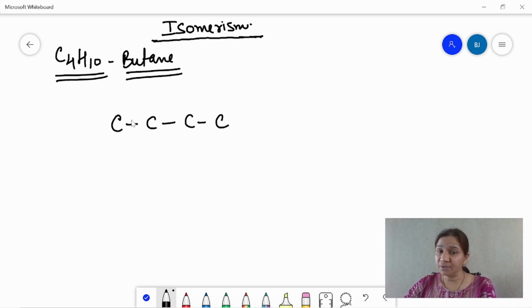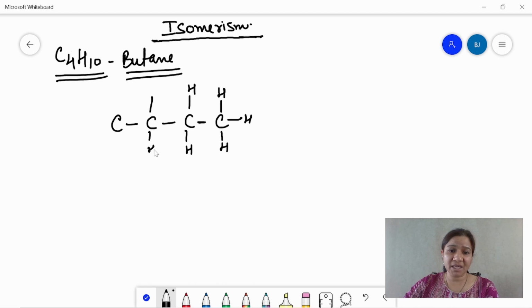Now, as I told you, what is the unique property of carbon? In my last video, I told you that carbon shows tetravalency. That means it should form 4 covalent bonds around it. So if you see, this carbon is having only one bond. So how many bonds are required by this carbon? 3 more bonds so that it will become 4. So to each carbon, we will fix one hydrogen. Now this carbon will be connected to 2 more hydrogen to complete its tetravalency. This one will also be connected with 2 more hydrogen, right? But if you see the terminal carbon, this carbon will again attach with 3 hydrogens. So this is one way of writing the structure.